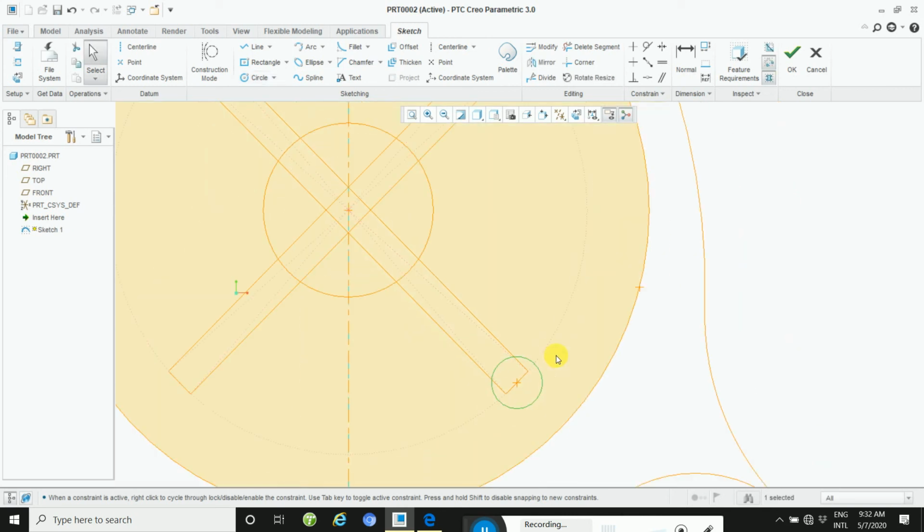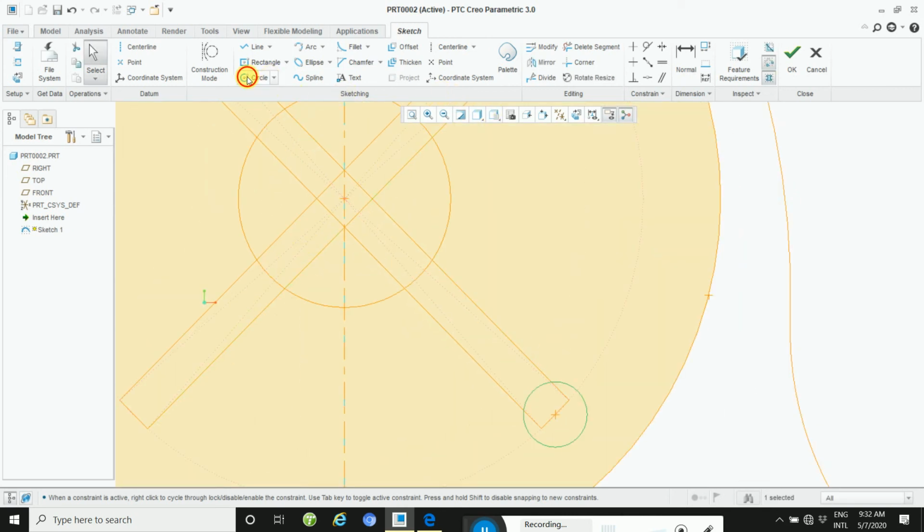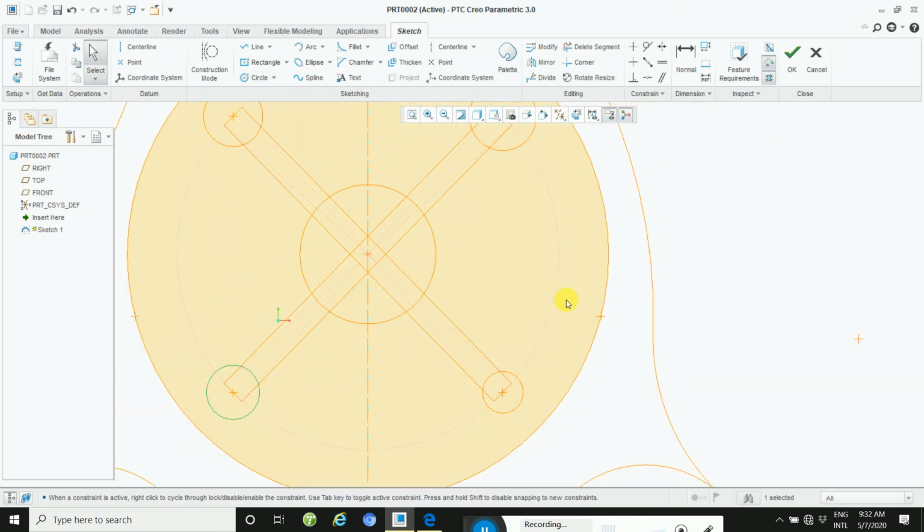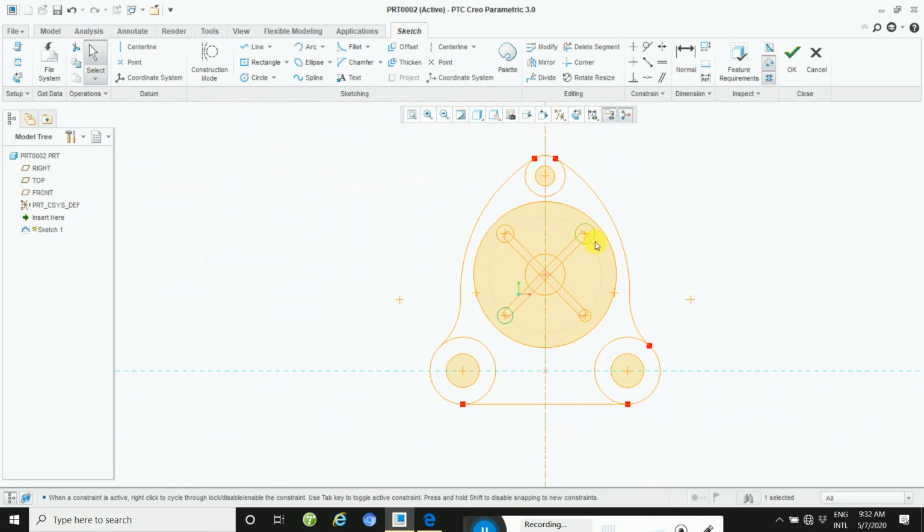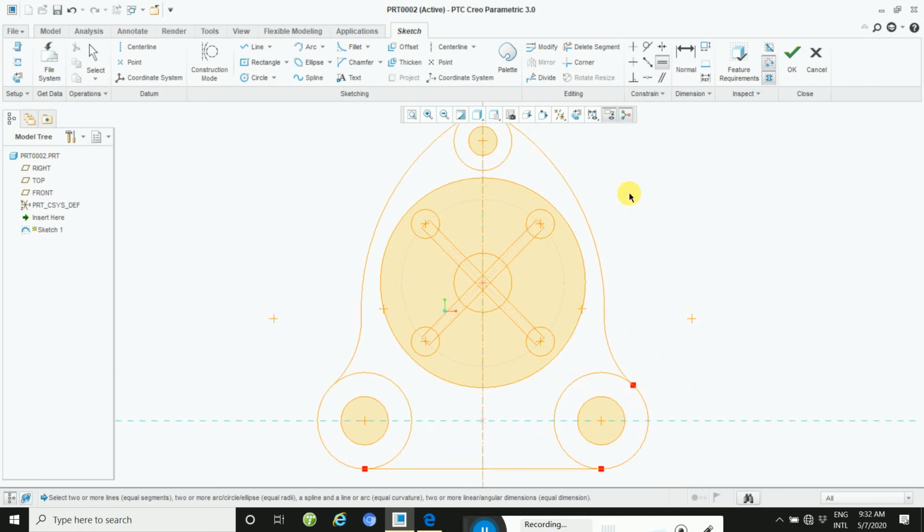Okay, and then one is also rest, and then zoom fit, and then select all circles, and then apply equal. Okay, this way. Okay, and then define your circle.